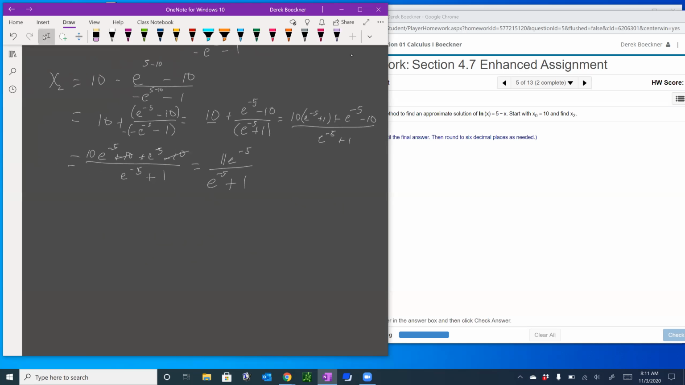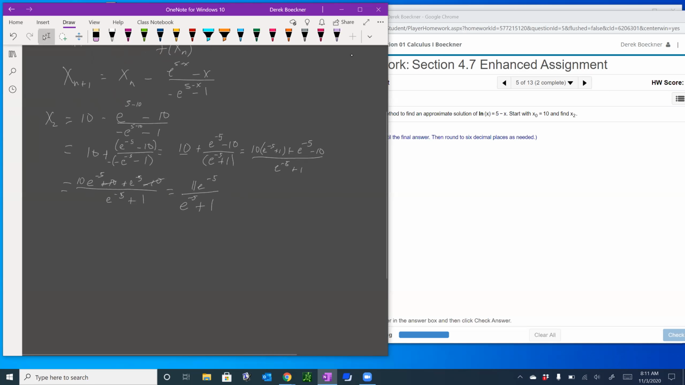Let's go ahead and put this into our function again. Sorry, this was x1, wasn't it? This was x1, because 10 was x0, right? So x2, that's going to be this whole thing